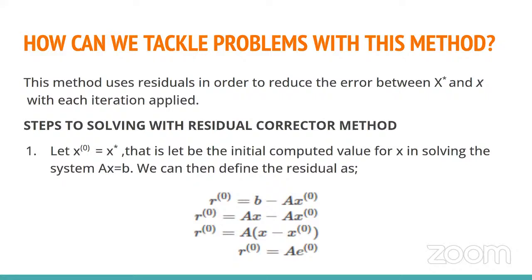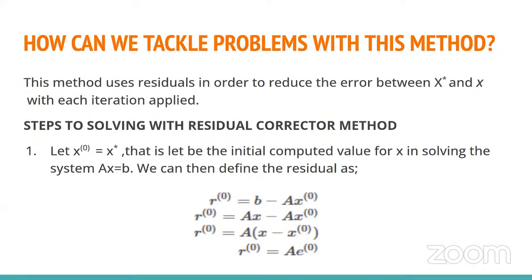So how can we tackle problems with this method? This method uses residuals in order to reduce the error between the X star and the X, which is the approximate solution and the exact solution, with each iteration applied. So this is the main goal of using this iterative method. So the steps to solving with residual